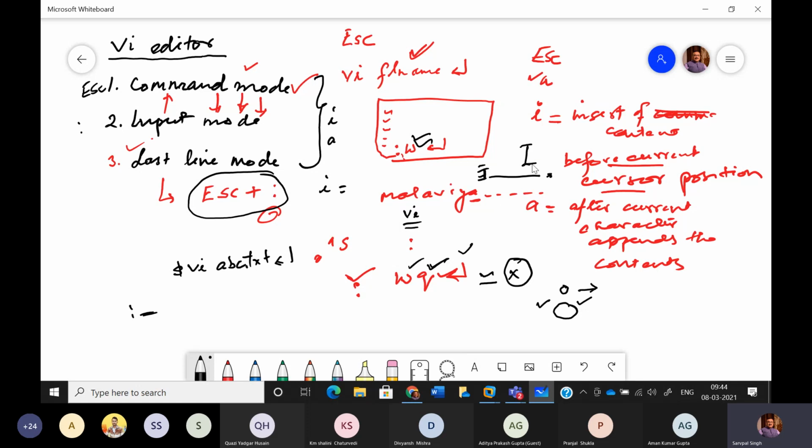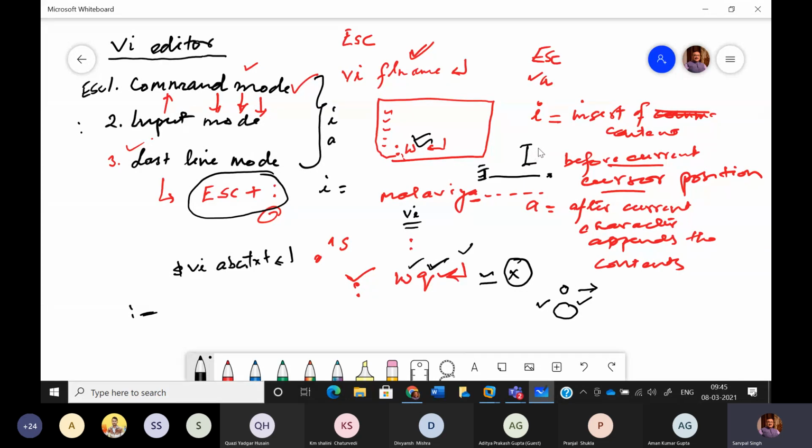ठीक है, तो आप इसमें अगर इसका इफेक्ट देखें, so capital I or capital letters are giving the effect similar to a small counterpart, but the only difference is कि whereas in case of a small counterpart, the reference is either current cursor or next to current cursor, whereas in case of capital, it is before the current cursor position or to the beginning of the current line.